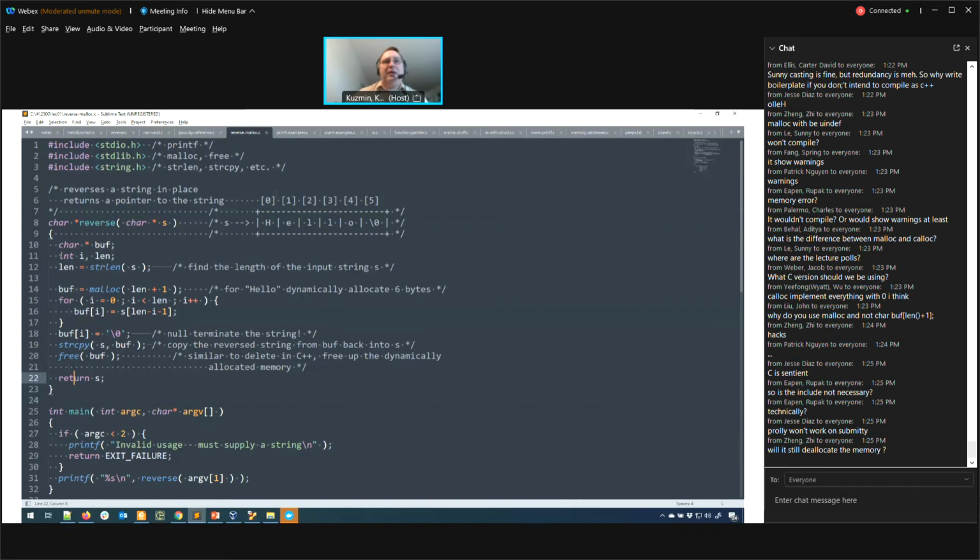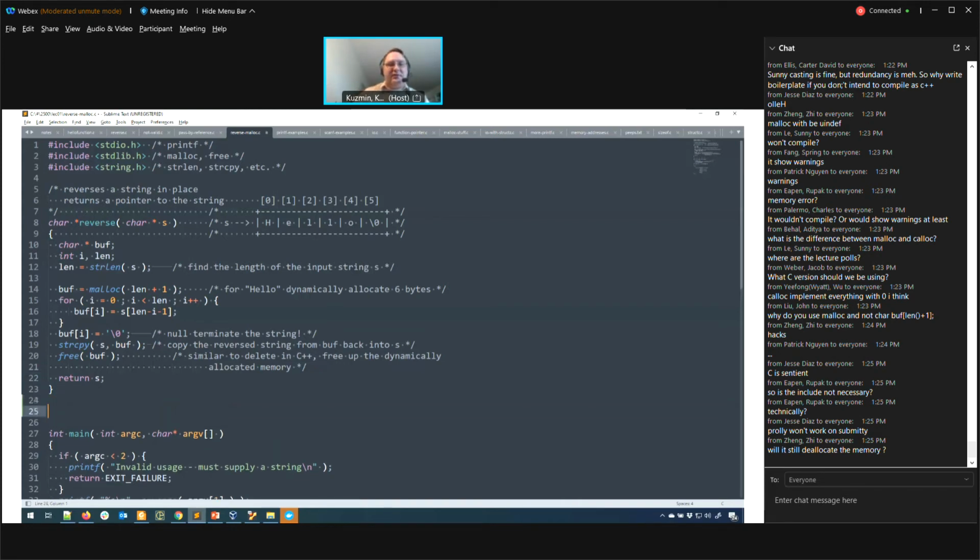So it has nothing in the parentheses, and by default, it returns an int. So if you do not define a function, it will be assumed to return an int and to take